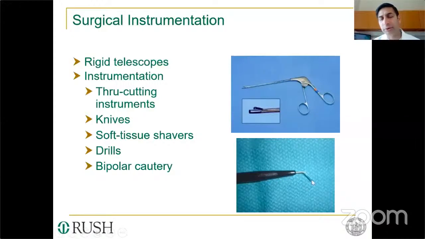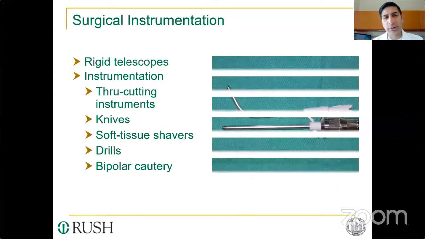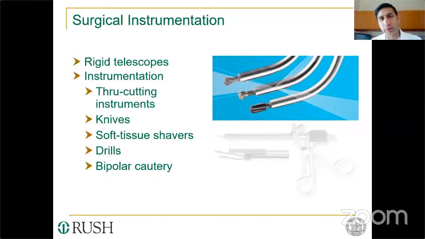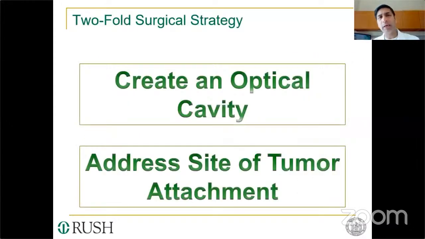I would encourage you, if you do a lot of tumor surgery, this is an ophthalmic knife, to have this available. This is great for making cuts along the lateral nasal wall, septum, and within the paranasal sinus confines. Shavers, drills are important, and bipolar cautery as well. And when you look at the surgical strategy, and we're going to go systematically through maxillary, ethmoid, sphenoid, and frontal, but there's really a 2-fold kind of overarching strategy that you should use when you think about